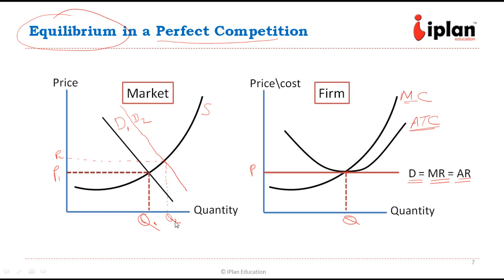But as we know, in the case of perfect competition, the entry barrier is low, and if the prospective players see that there is an opportunity in the market, then a lot of other firms will join the market and they will increase the supply. So once a lot of other firms are joining, they will shift the supply curve rightwards. This is the new supply curve and it will cut